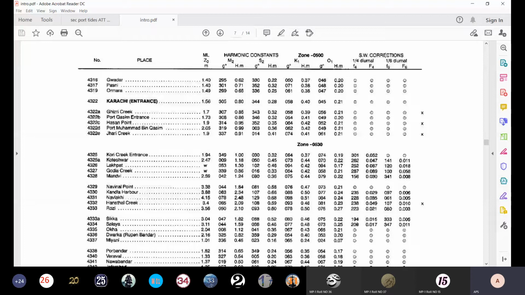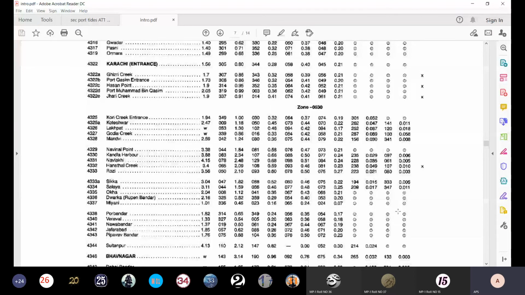And shallow water, they have to take the effect of the shallows and your landmass shape. So each and every port will have some values here. If there are no values here, that means negligible. We can take them as 0. So any doubt as far as port number is concerned, the place is concerned, Z0 value, mean level, if there